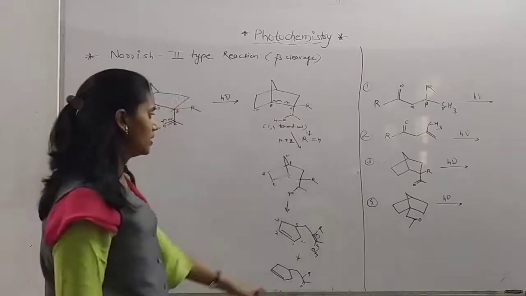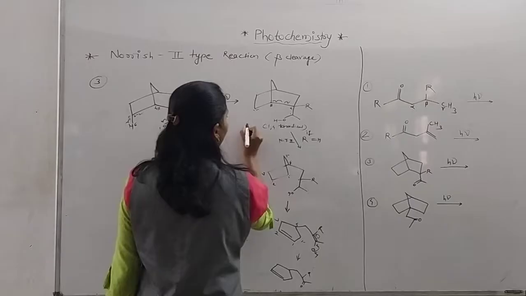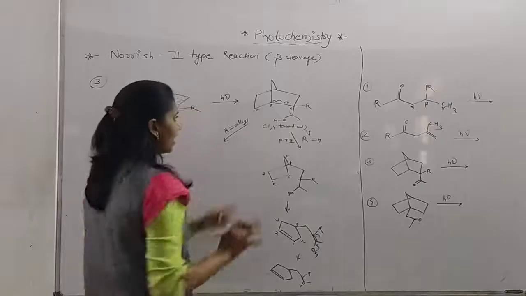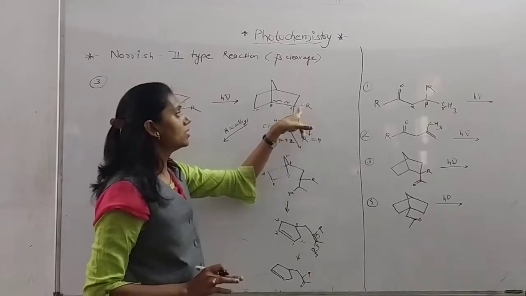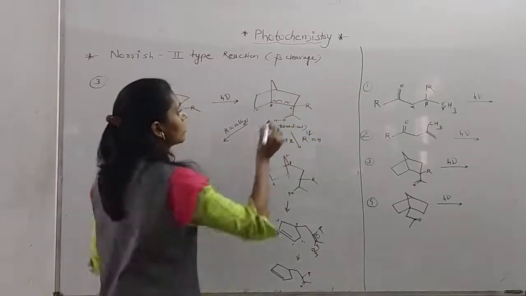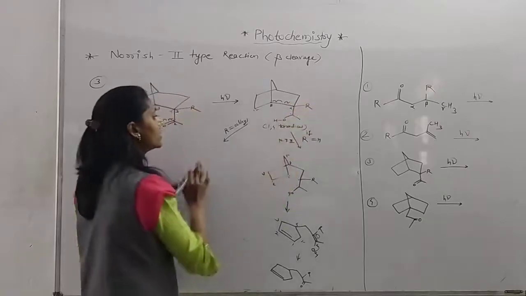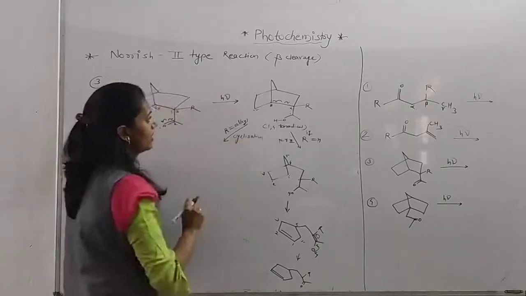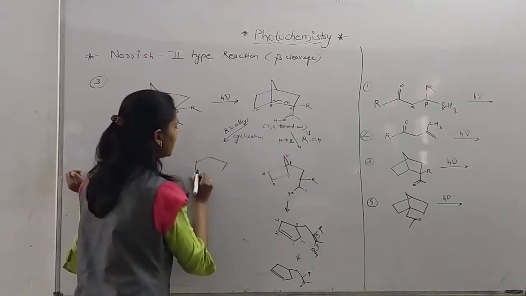This product will be obtained here. So when we do the Norrish type 2 here, as this R is an alkyl group, and in this example R is an alkyl group. Okay, and you know that when the alpha carbon atom has a substituent that is an alkyl group. Here there is a substituent, one is ring, one is alkyl group, so it is an alkyl group. At that time cyclization takes place. Cyclization in between this 1 and 4, that means a simple cyclic product will be formed here.